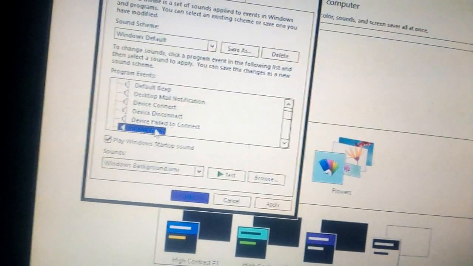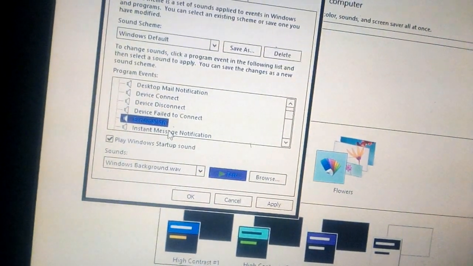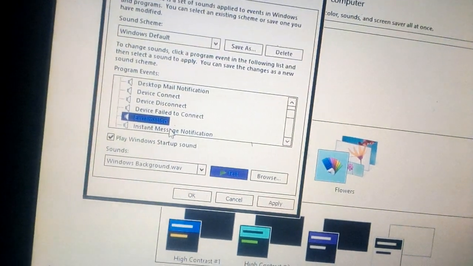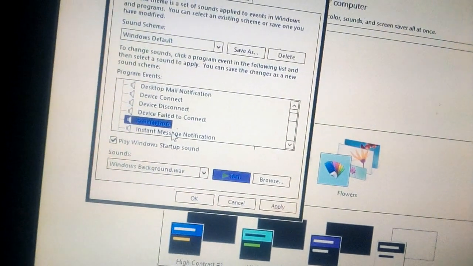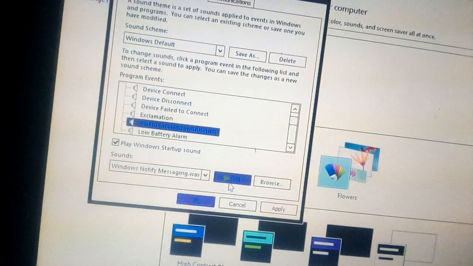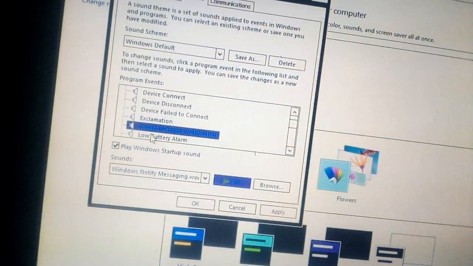This is exclamation. Instant message notification. When a message is sent by anyone at an instant, it will give us an alarm or sound. So this is low battery alarm.